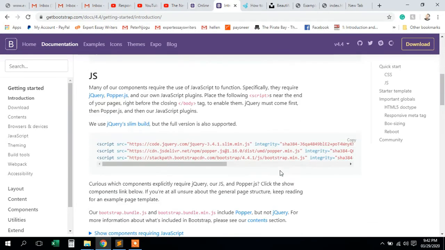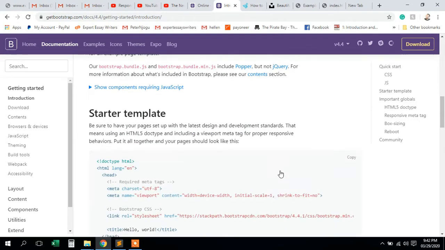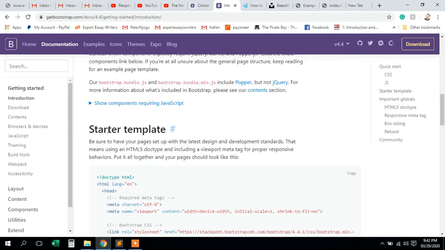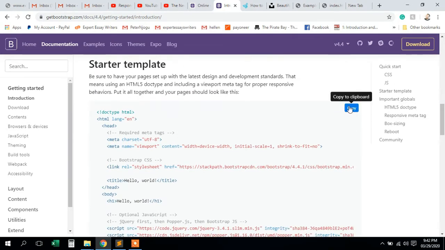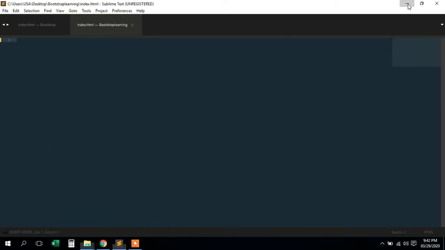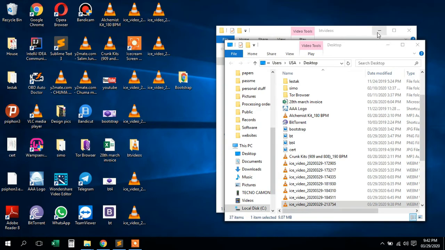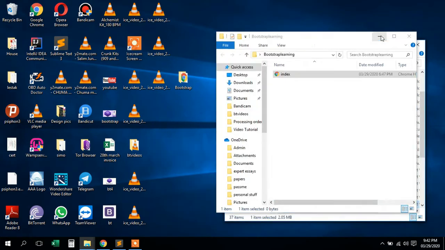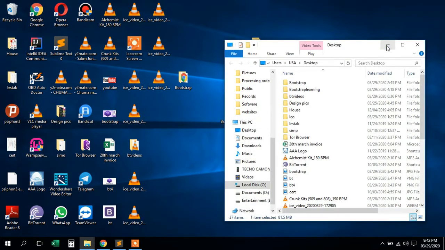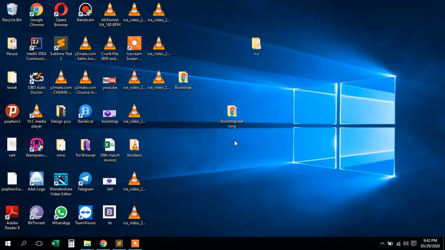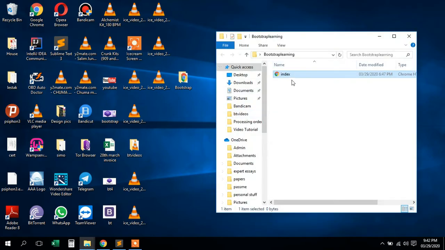For this option, you can go to Starter Template and copy this. Before you copy this, first create a folder on your desktop. For me, I have created one folder here. I have this folder, Bootstrap Learning. Then inside the folder, I have one file,